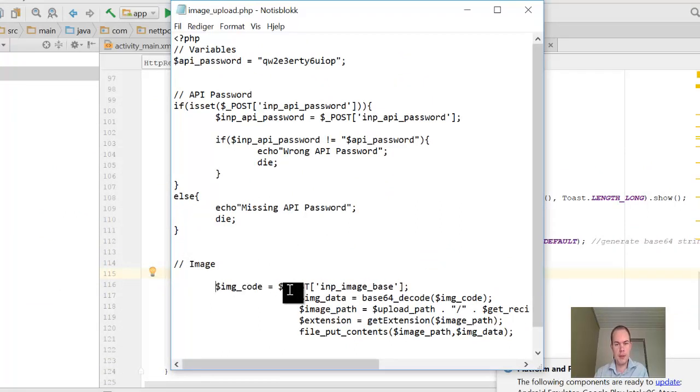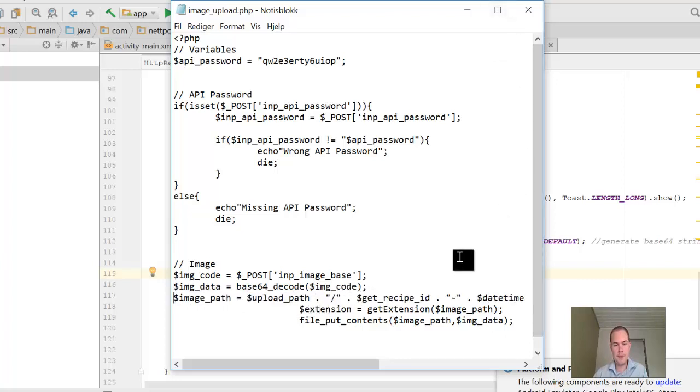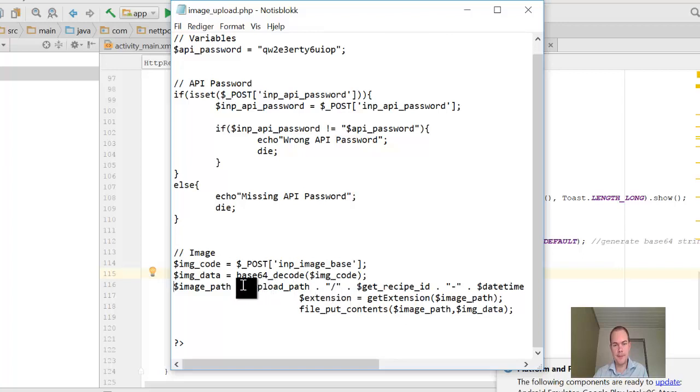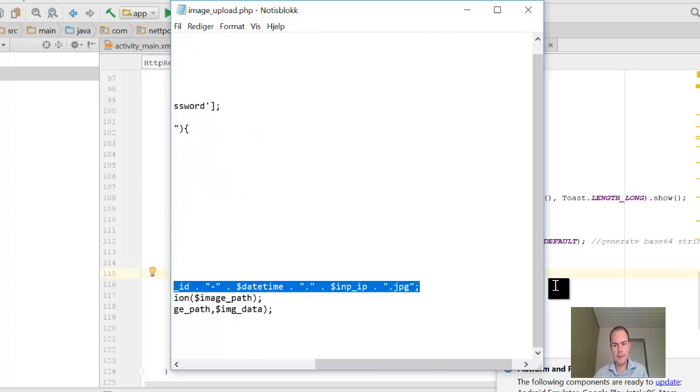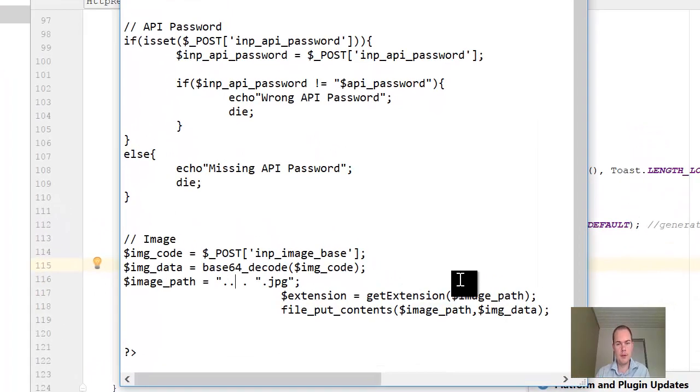So the image code equals post input image base, and the data of the image equals base64 decode image code, and then we need somewhere to upload it. So let's upload it to the folder /image, images, and let's give it a new unique,